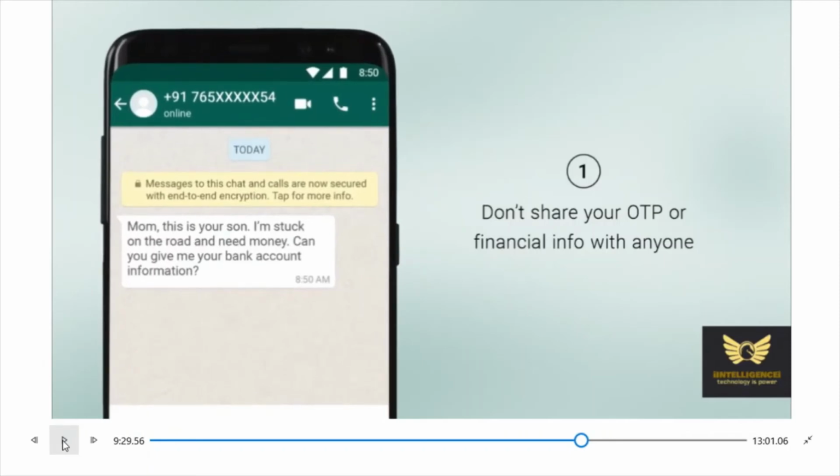So messages through WhatsApp may come like this: I'm stuck on the road, I need money, can you give me your bank account information? Please do not respond to those WhatsApp messages. Don't share your OTP or financial info with anyone else with messages like this.